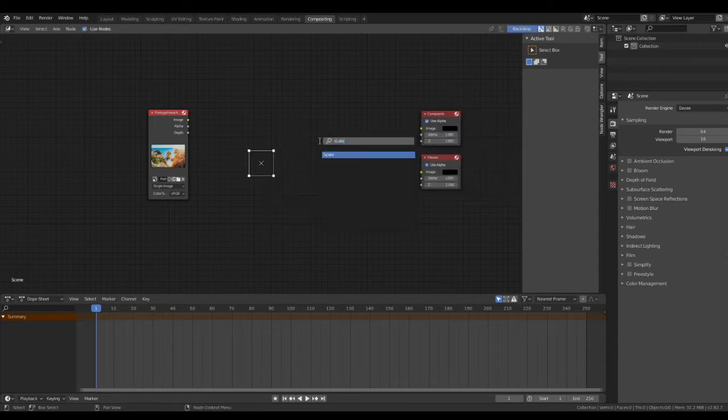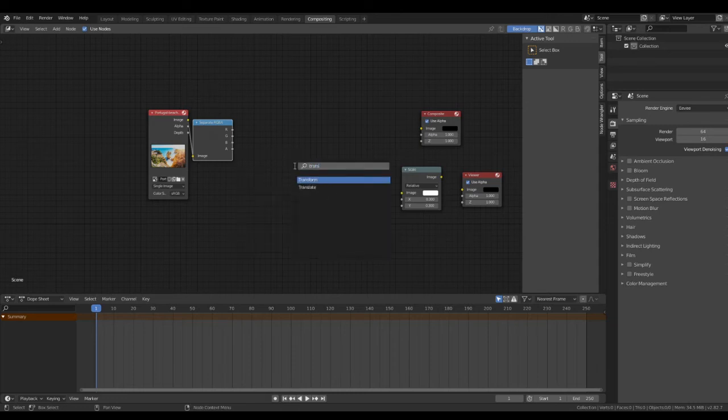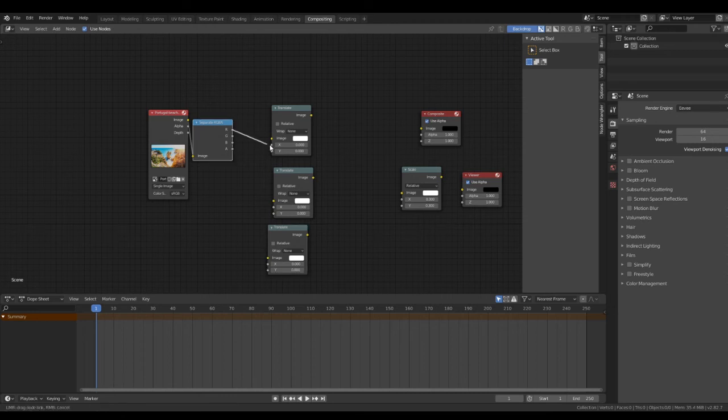You may want to also get a Scale node and change the scale to 0.3 for the X and the Y values. Then get a Separate RGBA node. Connect image to the image input. Then get Translate nodes. Duplicate this 2 times, and then connect R, G, and B to the image input of the